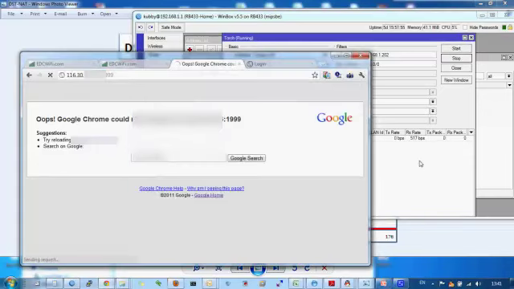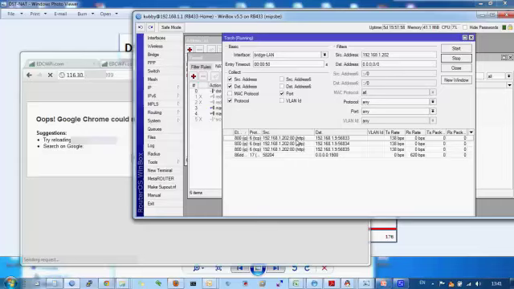Okay, and I will call the IP camera again, and you see the IP camera returns our packet directly to my computer IP address. This is the IP camera IP address, and this is my computer IP address, 192.168.1.9. So that's why it cannot be opened.